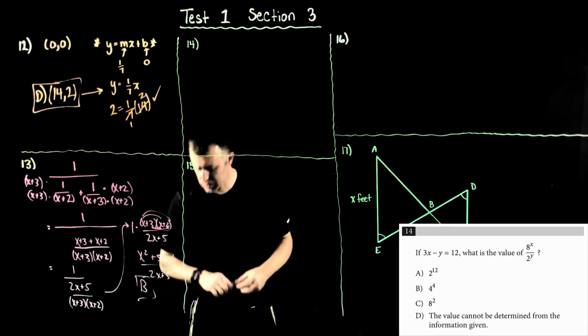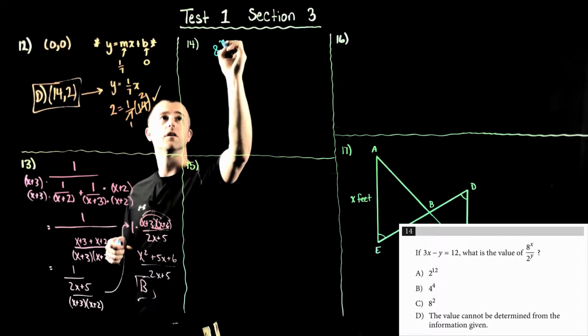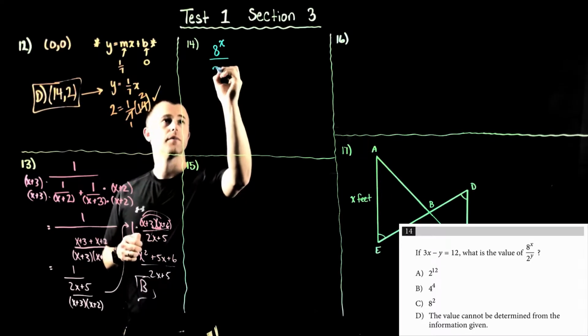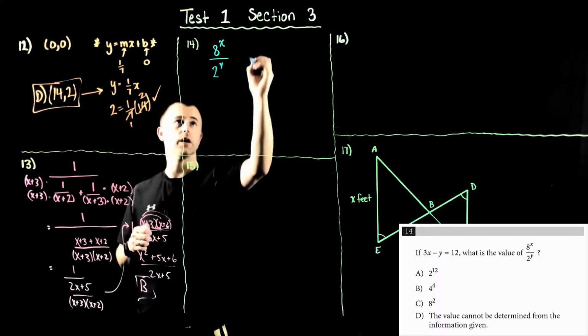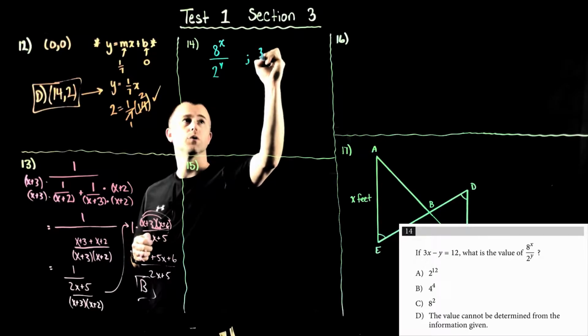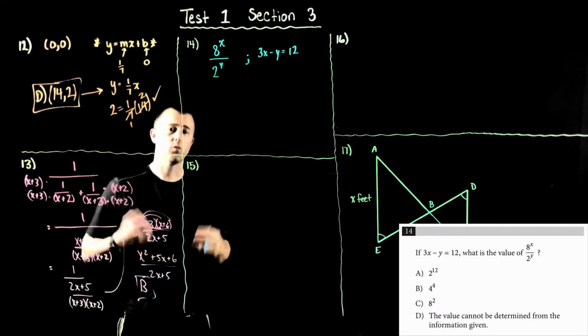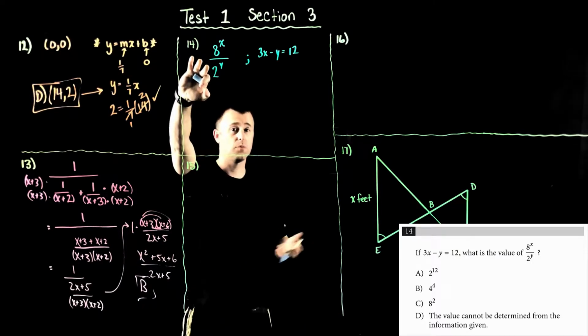Number 14 gives us the expression 8 to the x divided by 2 to the y. Also, what they're giving us is the expression that 3x minus y equals 12. So this is what we're given. Okay, so when you see an expression such as this, this is going to be a prime example of using